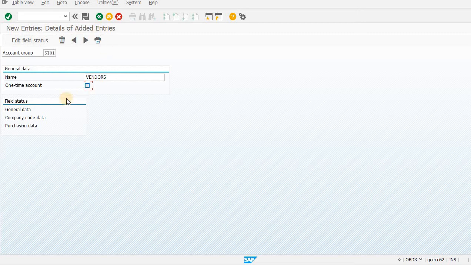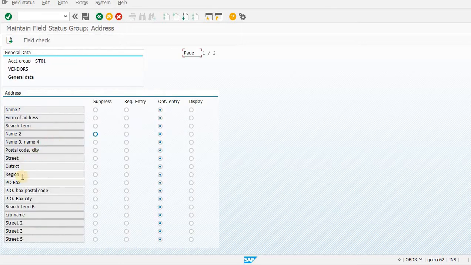From this, I can also handle the field status. Suppose I want to create a vendor, and this is general data. Suppose in address I want to make the region code mandatory. Then I will click required entry, so it becomes mandatory. Suppose in some states the district name and city name are the same, so I want to suppress it.